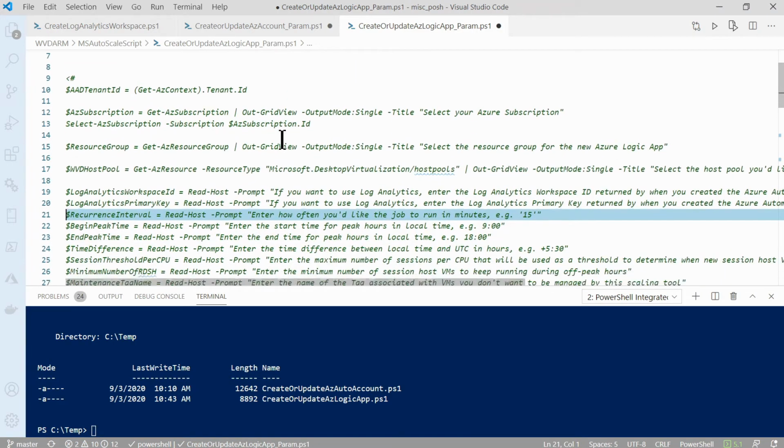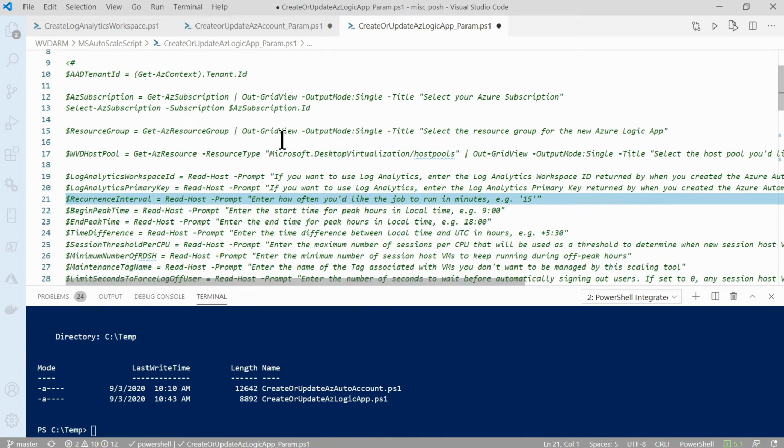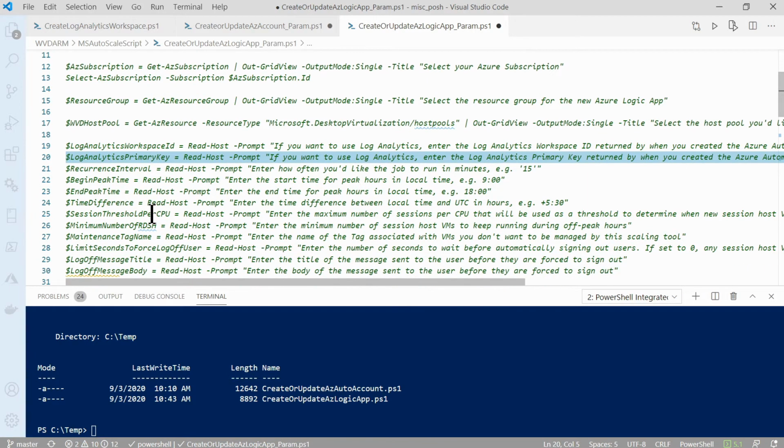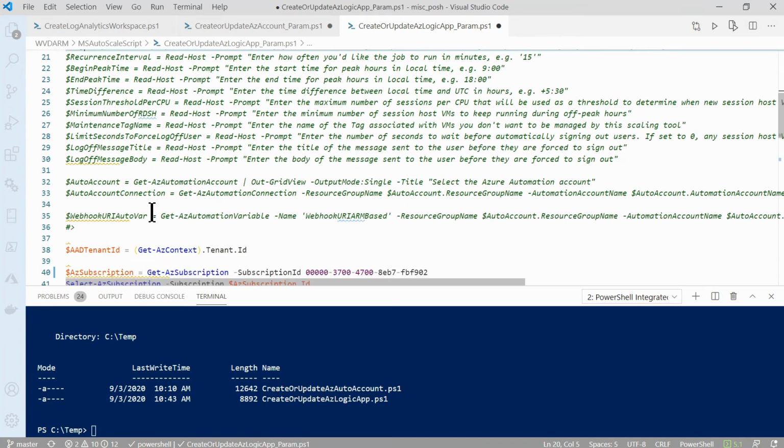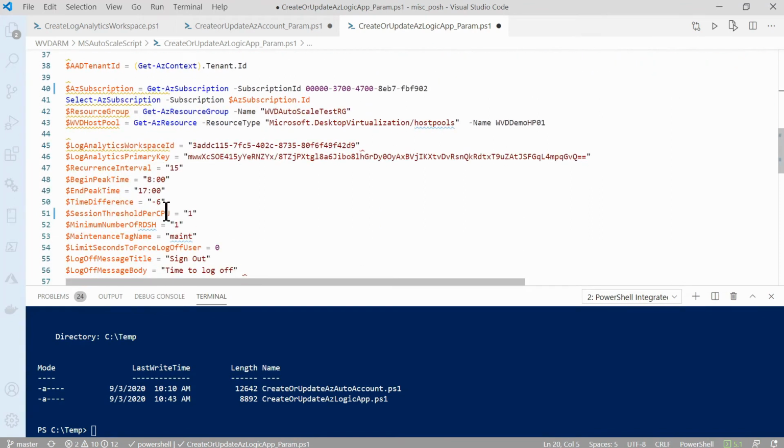This next section needs a little explanation. I commented out the original version. I had to do this a few times, so I removed this interactive nature from it. If you run the code that's available, it will just prompt you to enter in things like the Log Analytics Workspace ID, Log Analytics primary key. That came as output from one of the previous commands. But again, I had to do this a few times, so I commented that out and I copied it down. And I just created hard-coded answers so I could run this multiple times without having to go through that interactive